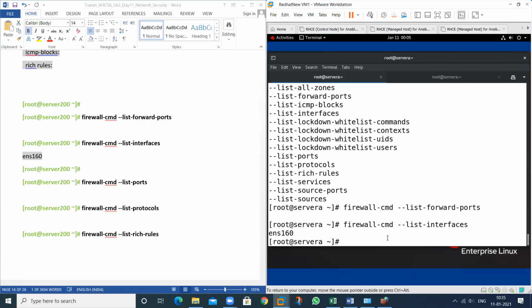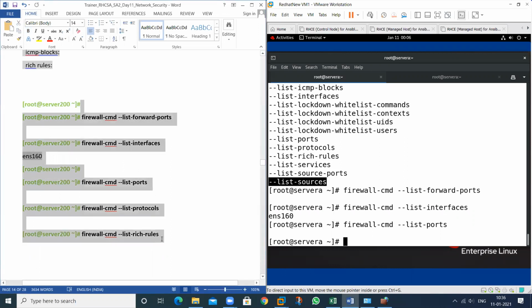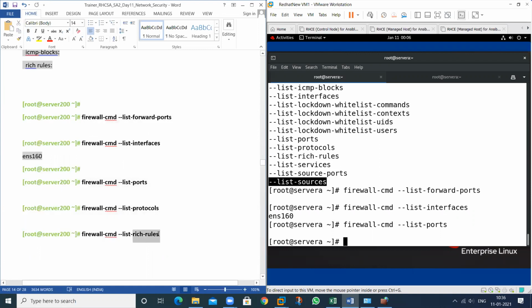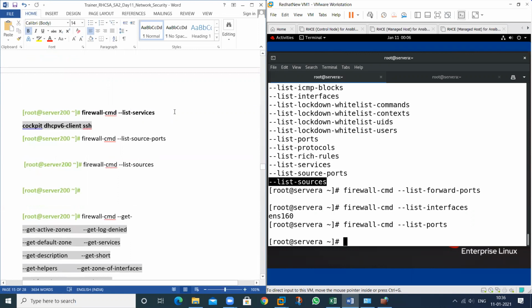You can also check the information related to the ports. See, there is no port allowed. Rich rule, services, same things. So these are all the commands related to the list. Anything you want to check, rich rules, protocol, port, interface, list ports. These are the commands related to the list.